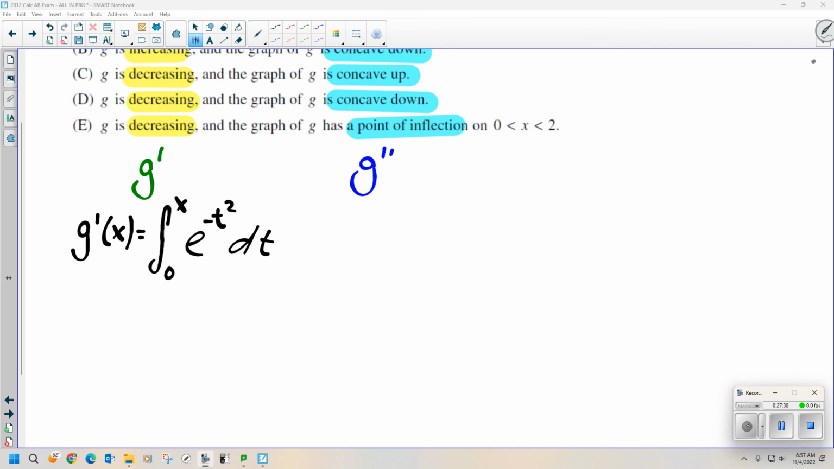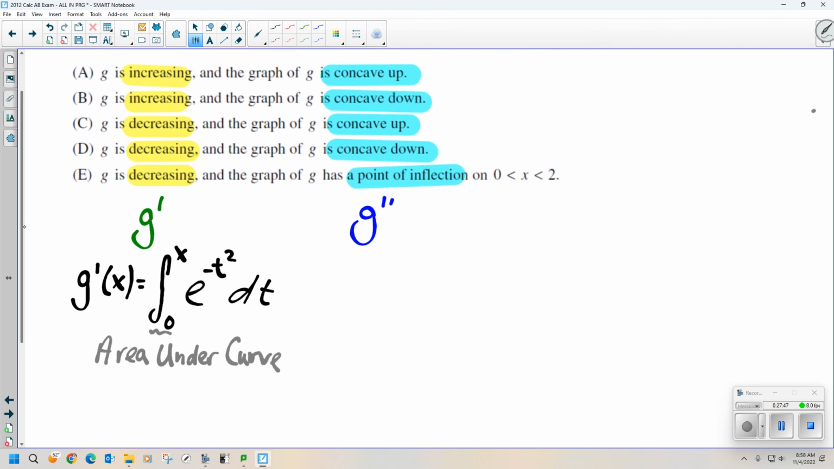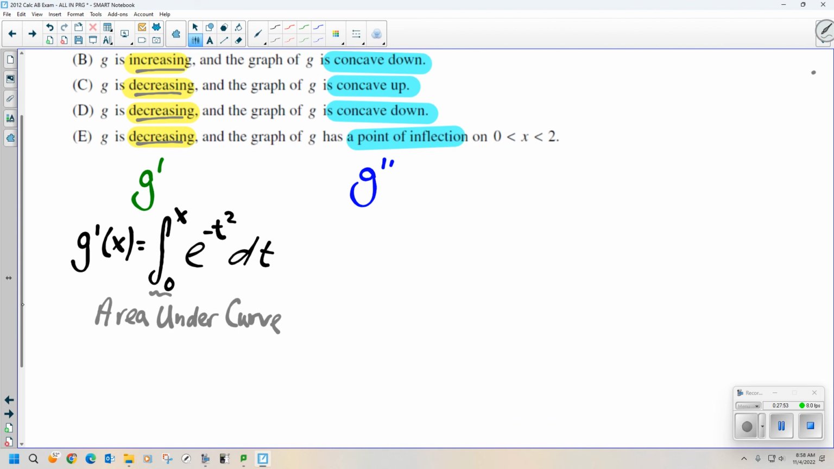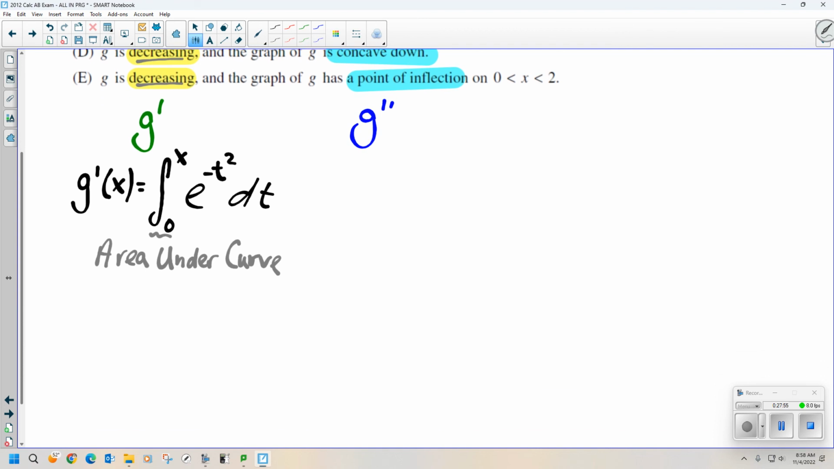So we have this integration, and if we remember anything, integration is really just area under the curve. Why is this important? Because I really need to see if the first derivative is positive or negative. That's going to tell me whether the original function is increasing or decreasing. So if I look at this equation right here,